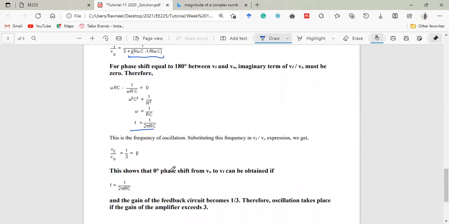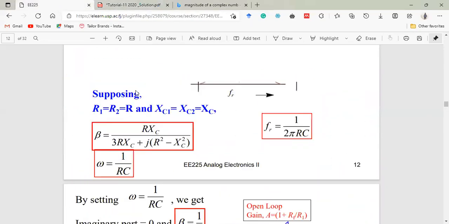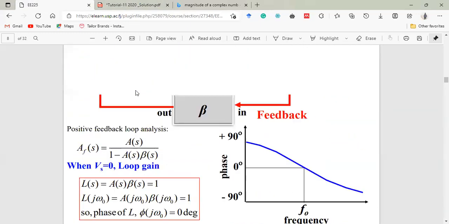This shows that 0 degrees phase shift from V out to Vf can be obtained if f is equal to 1 upon 2 pi RC. The gain of the feedback circuit becomes 1 upon 3. Therefore, the oscillation takes place if the gain of the amplifier exceeds 3. Remember, this is our beta, which is equivalent to 1 upon 3. So the loop gain has to be equivalent to, based on the Barkhausen criteria,